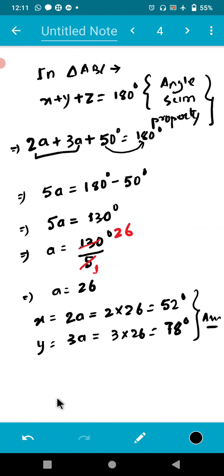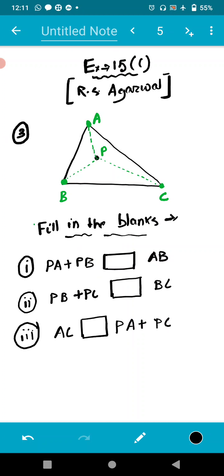Now let's move on to the next exercise, that is exercise 15c. So this is the last question of today's session. So exercise 15c, R.S. Agarwal. This is the figure given in the question. Now you have to fill in the blanks, or you can say fill in the blocks. Now which property you have to use to answer all those questions? That is, you can write